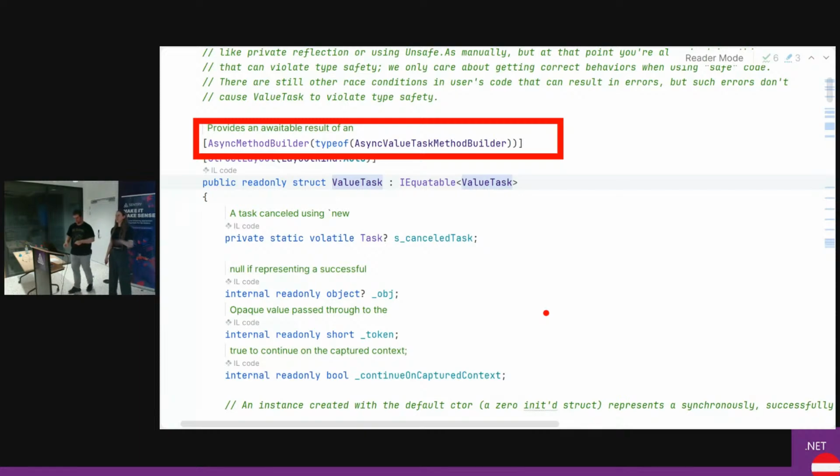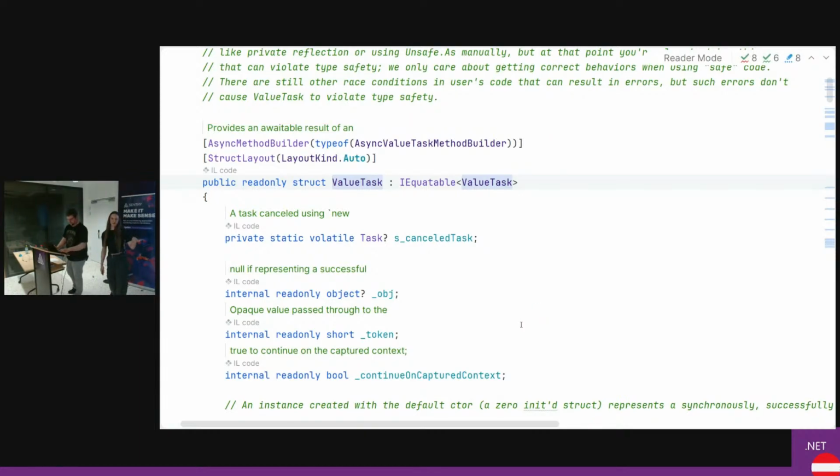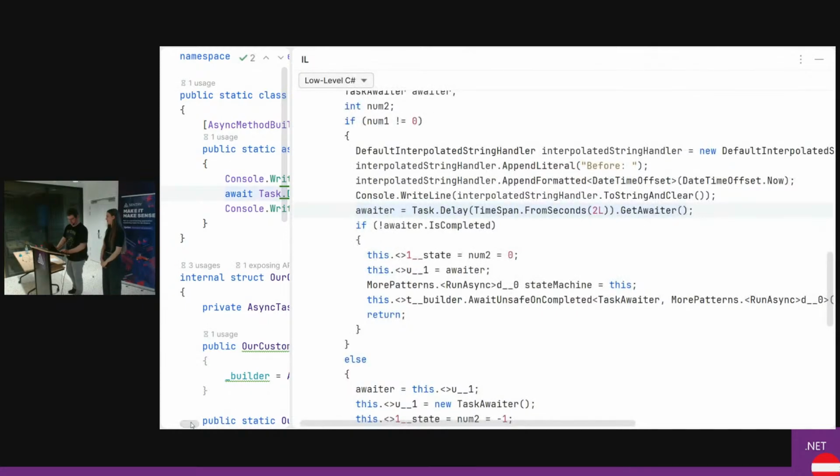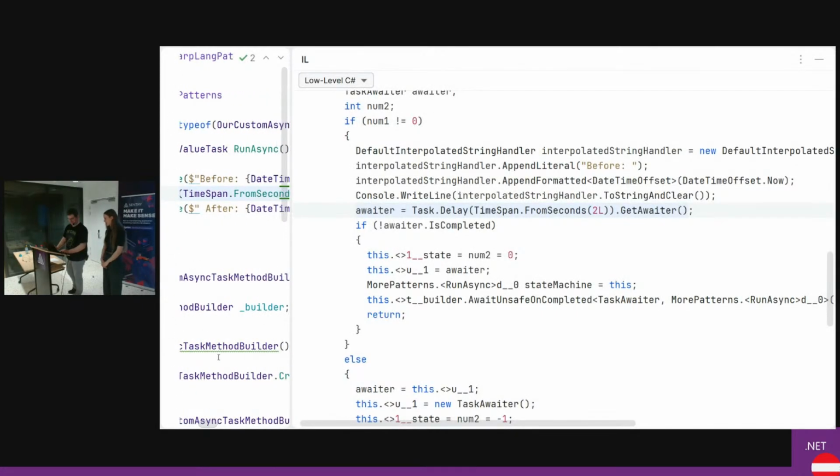Yeah, exactly. And another pattern that you might have spotted throughout the talk is the interpolated string handler. That's also a bonus pattern that we have for you. So whenever you have, what's this, C# 8? No, I'm mixing up versions now. Previously, when you had an interpolated string with the dollar and then some interpolation holes with the braces syntax, you were getting a string.Format or a